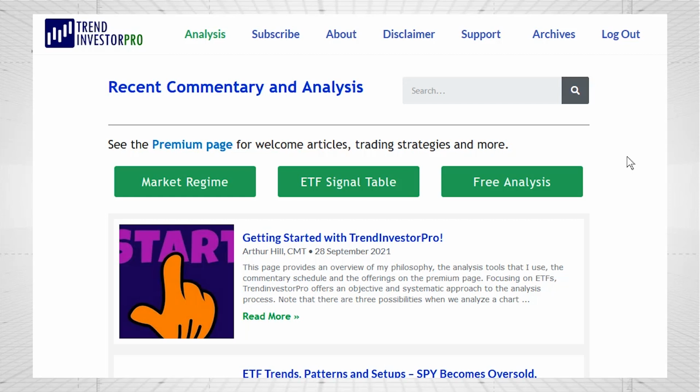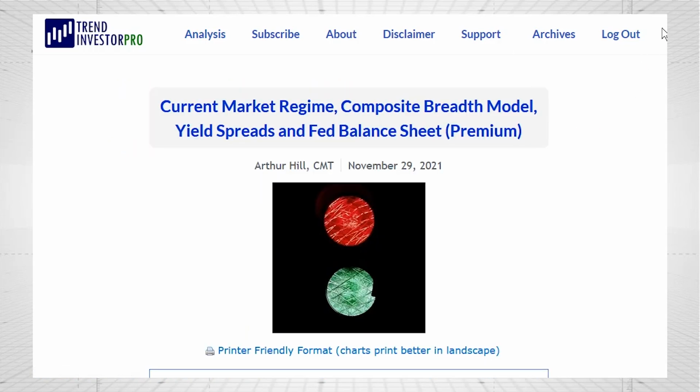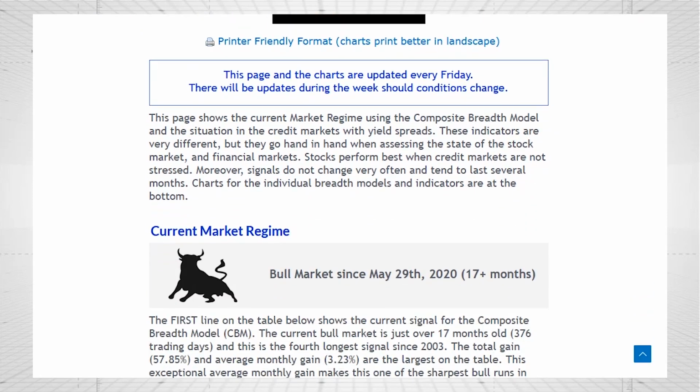And that's a page where I've got my composite breadth model that defines if we're in a bull or a bear market. And I check those signals to make sure we're in a bull market. And so I'm on the Trend Investor Pro main analysis page, and there you can see some links at the top there, and there's the market regime page. And I'm just going to go to this page, and what I do is I update the custom breadth model